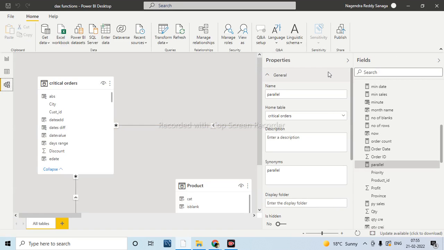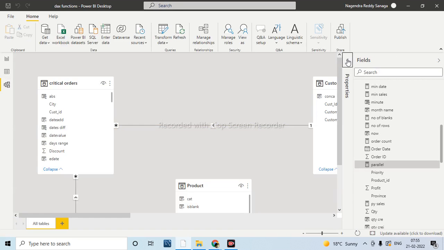But here, instead of using that, we can also use relationships, or we can do the merge queries, what we have done in the Power Query. That means we are fetching the information from another table, right? That is how it will work. The same logic you can solve when there is a relationship between the two tables. Then you can use the RELATED function instead of lookup value. When there is no relationship between the two tables, then we will use the lookup value function.